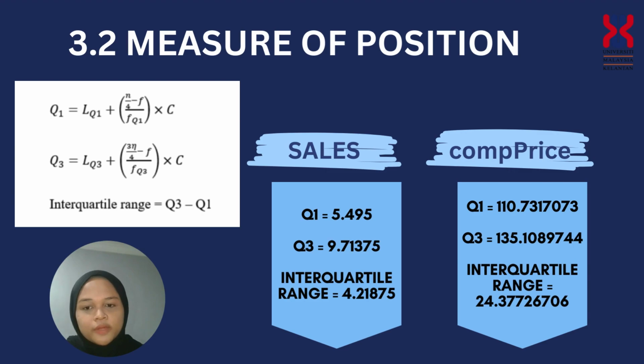This is the formula for quartile 1, quartile 3, and interquartile range. Firstly, quartile 1 is 5.495 and quartile 3 is 9.71375, and the interquartile range for sales is 4.21875. Then for comprice, quartile 1 is